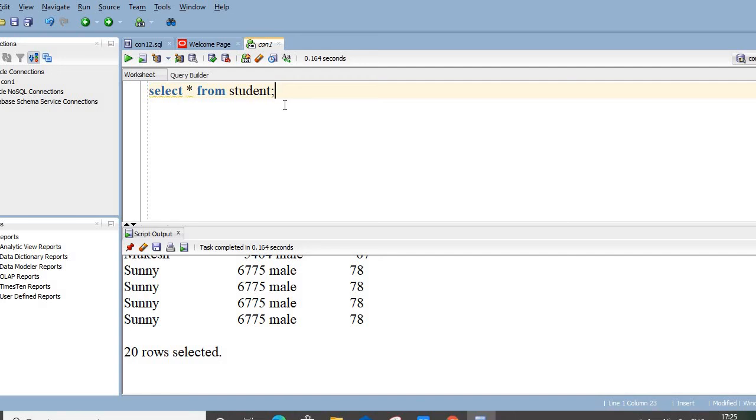Suppose we want to create two tables, employee and department, and suppose we have the department table as the parent table, and from the parent table we are going to use the department ID as the foreign key in the employee table. Because the department is going to become a parent table, we need to create that first. So let us create the department table first.